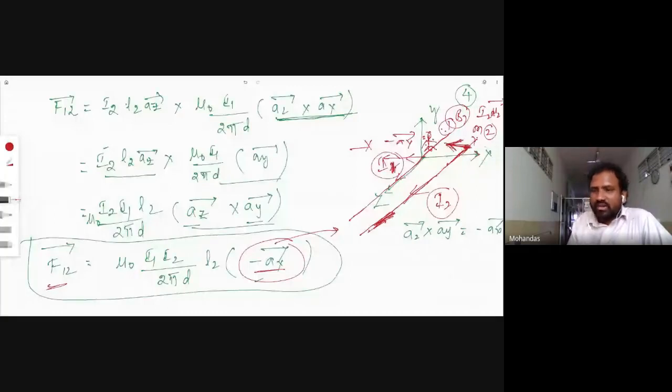If it is moving in this direction, in the direction of minus AX, previously how is this conductor moving? F21 force. If you already calculated the F21 force, what will be the unit vector? Plus AX. How does this conductor move? It moves like this. Now, come to the conclusion here. If the two long conductors are carrying the current in the same direction, now tell me, is that force attractive or repulsive?